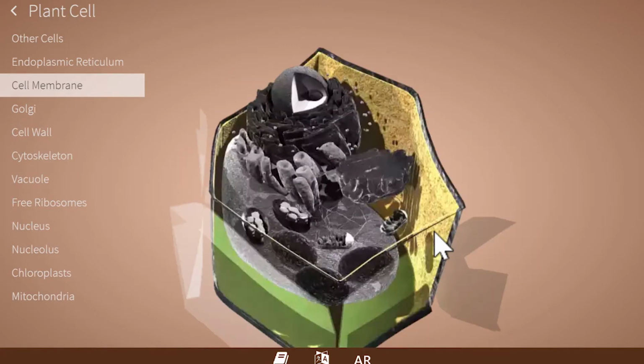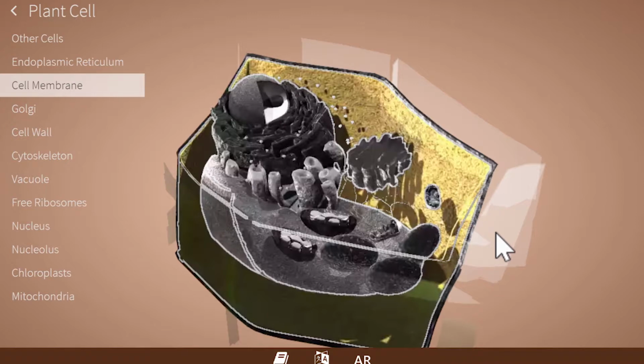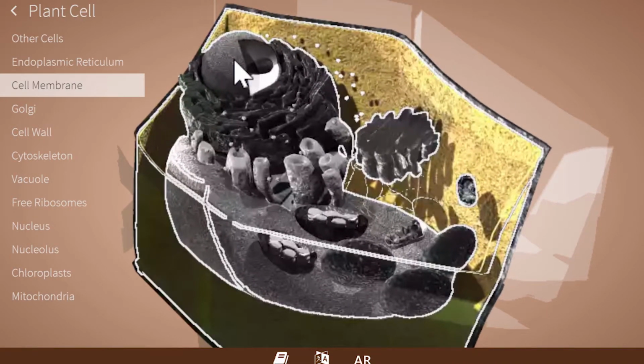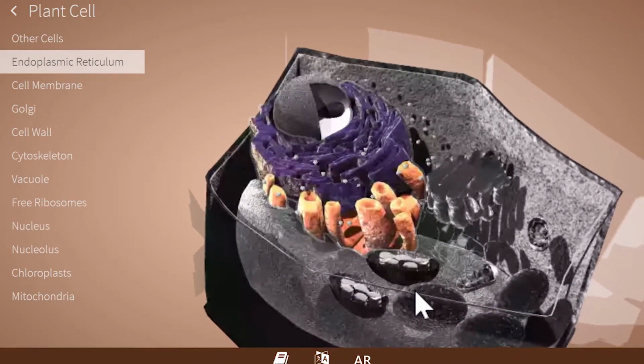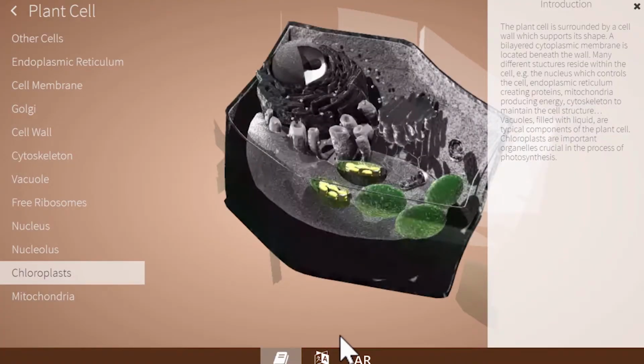I can rotate the model to have really a detailed view of what I want to see, and I can also zoom in to see that in details. Also, I can click or tap right on the parts of the 3D model and see here on the left side what I'm actually looking at. The model is always provided with an introduction, providing information about the model and also about the specific functions of